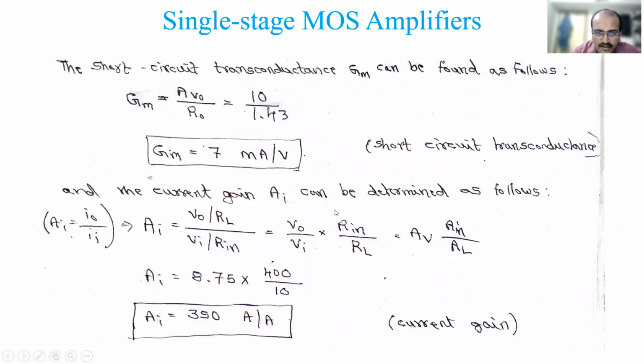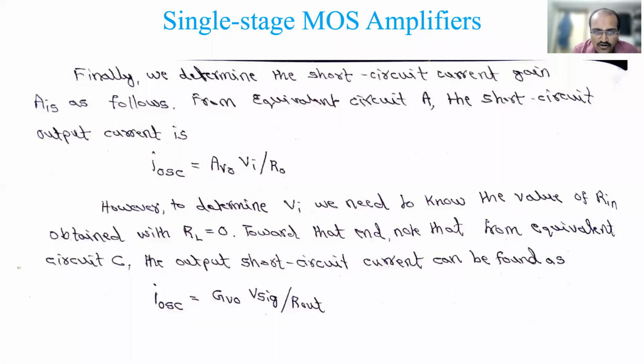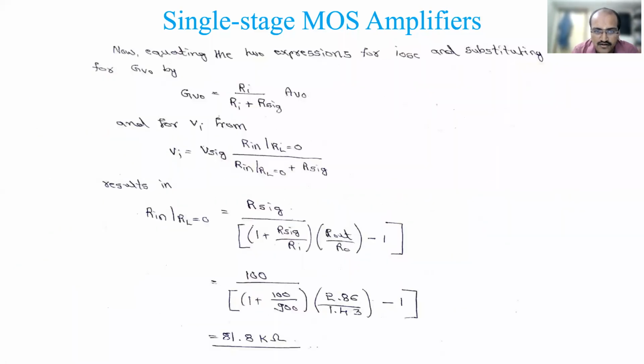Understood? So why I did the derivation for only IOSC: all the others were available, this was not available. That's why I have done this derivation and substituted here. So here Rin equal to RL, you have to substitute. Then you have to substitute back for VI. You have to use four relations, these two and these two, and you will come across this new value, Rin when RL equal to 0. You'll get this derivation. I have not done that part, in a hurry I have written that. So you go through once. If you have not understood, I will tell you once again.